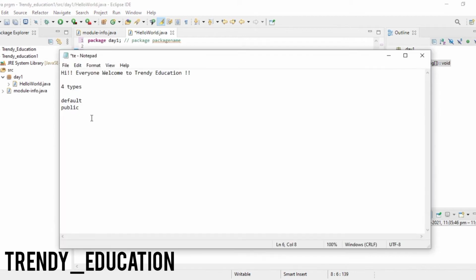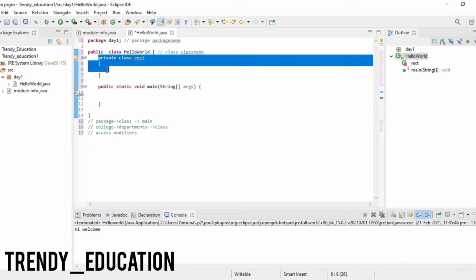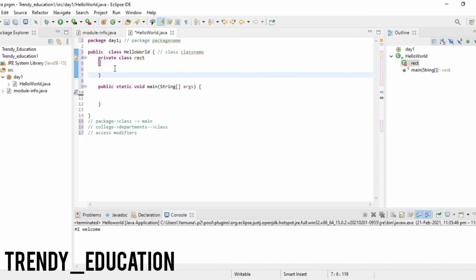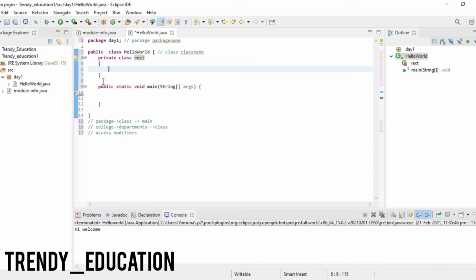The third type is private. In the sense, private can be accessed only inside the class, and not outside the class. When I create a private class, it is only valid within this class, and it can't be retrieved here or in any other package.